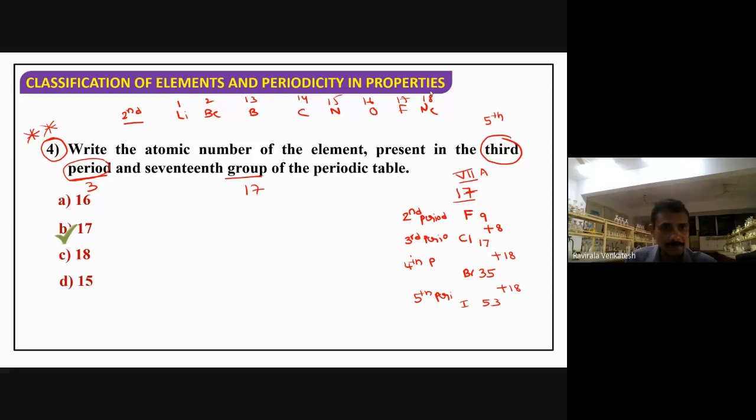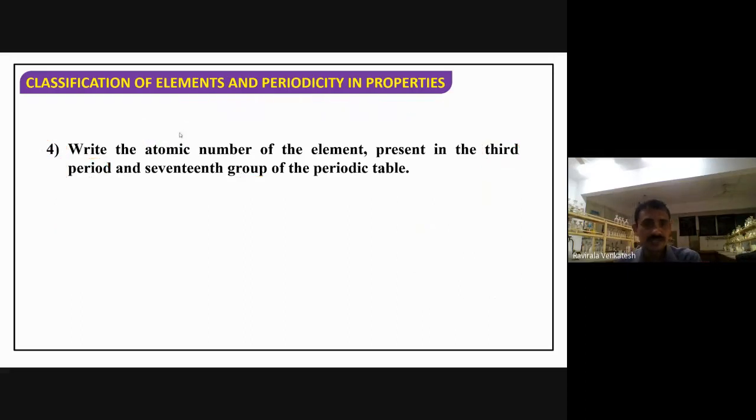In the third period, we don't have the third to 12th group elements. Third to 12th group elements will start from which period? Fourth period. So you need to remember the fourth period also. All of you remember the elements of the first period, second period, fourth period, and if possible the third period also. It will be easy for you. This is the way we can give the answer here. Okay, this is completed.